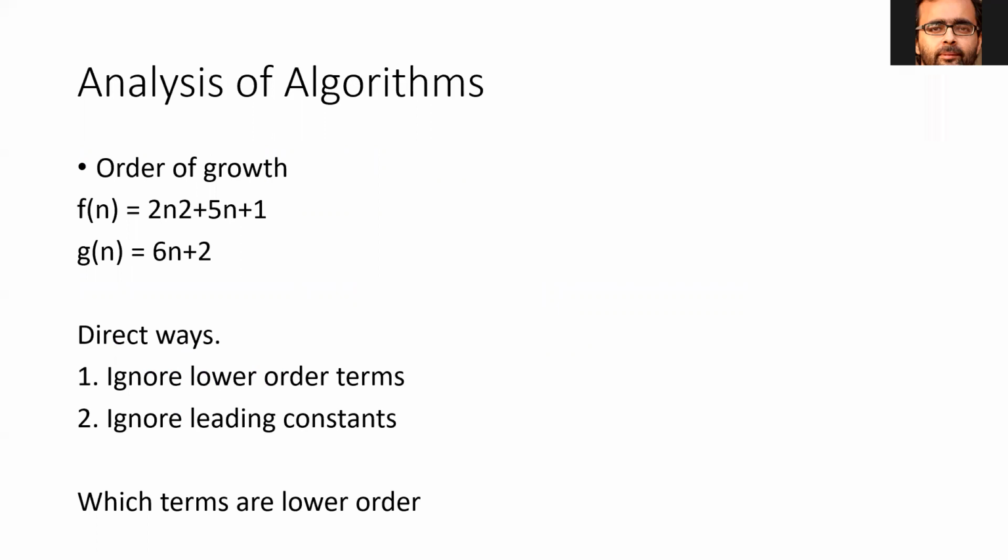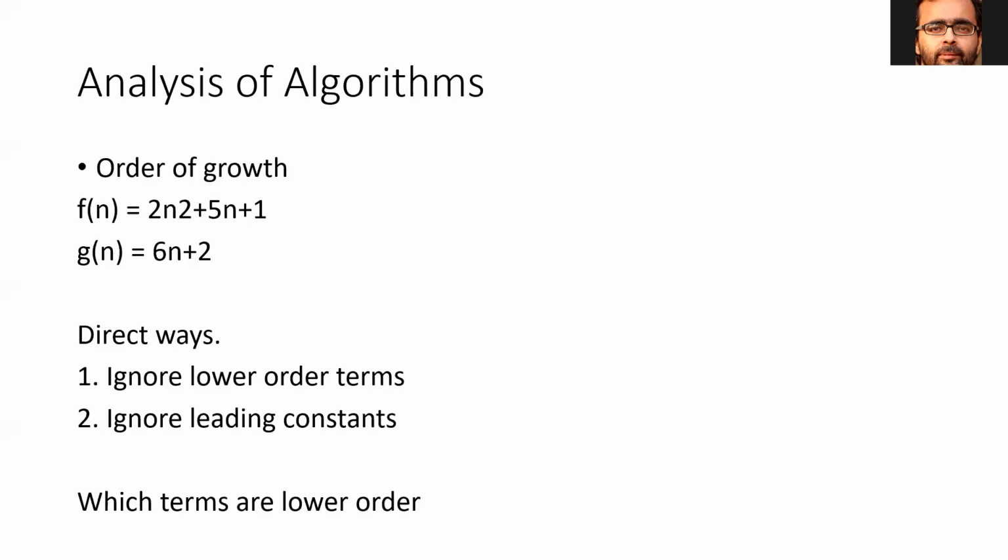What is the order of growth? Order of growth can be like, if you have multiple for loops, then it is n square, right? Or if you have a single for loop running 5 times, then that is nothing but 5n. We can say order of growth is 5n if the loop is iterating n number of times. Similarly, if you are doing constant work, then we can represent that time with the order of 1. So we just saw that. And then we can say what order this algorithm is growing, right?